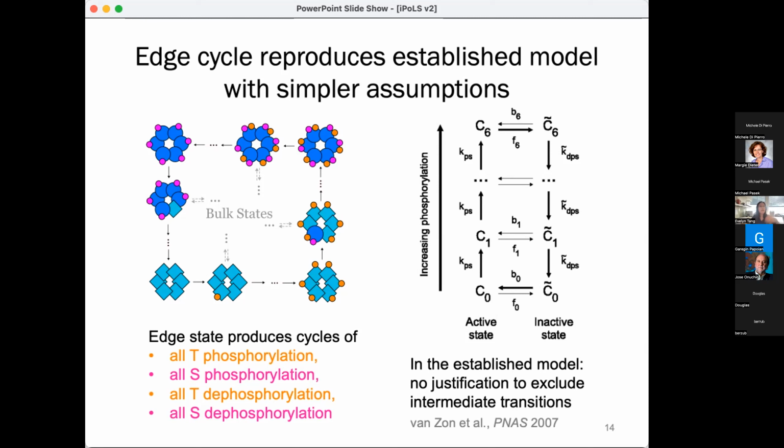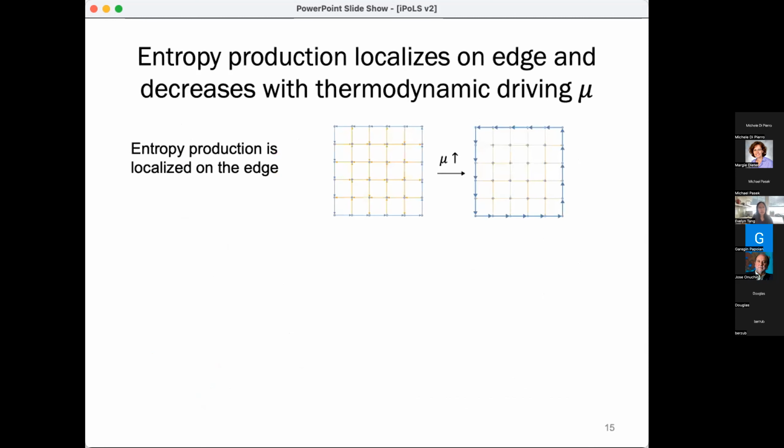normally increased by increasing the thermodynamic driving of the system. Instead, in our system, we have a regime in which, even though we have increased thermodynamic driving, we actually have decreased entropy production and a decreased cost to sustain these more coherent oscillations. So let me explain how this could work. As we increase the thermodynamic driving, where here thermodynamic driving is defined as the ratio of the forwards to the backwards rates,